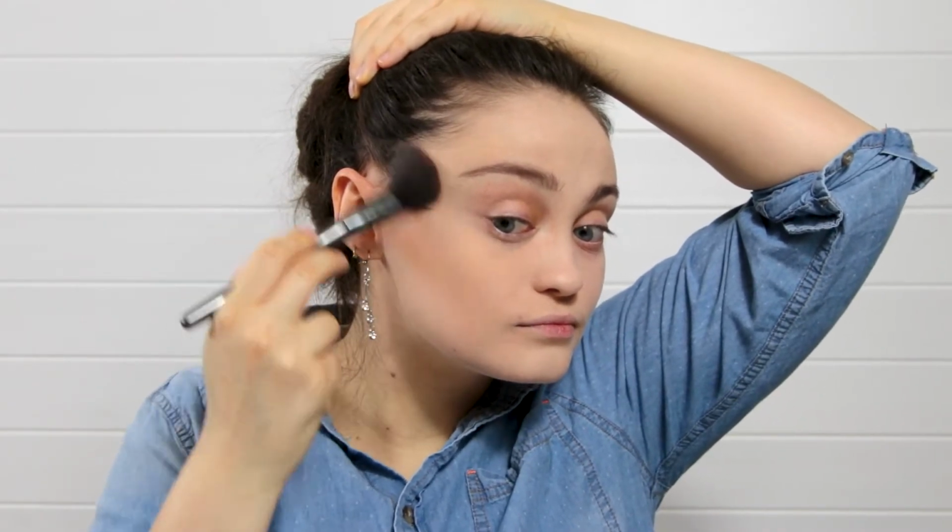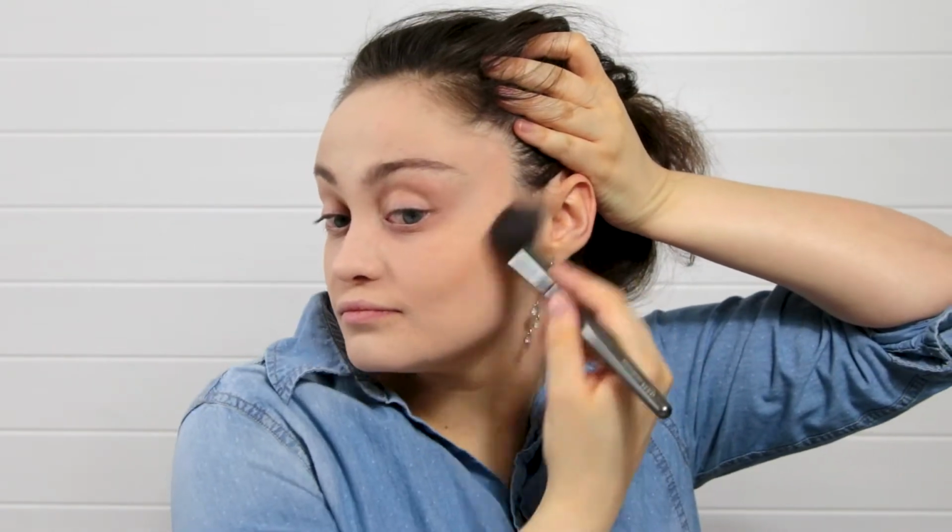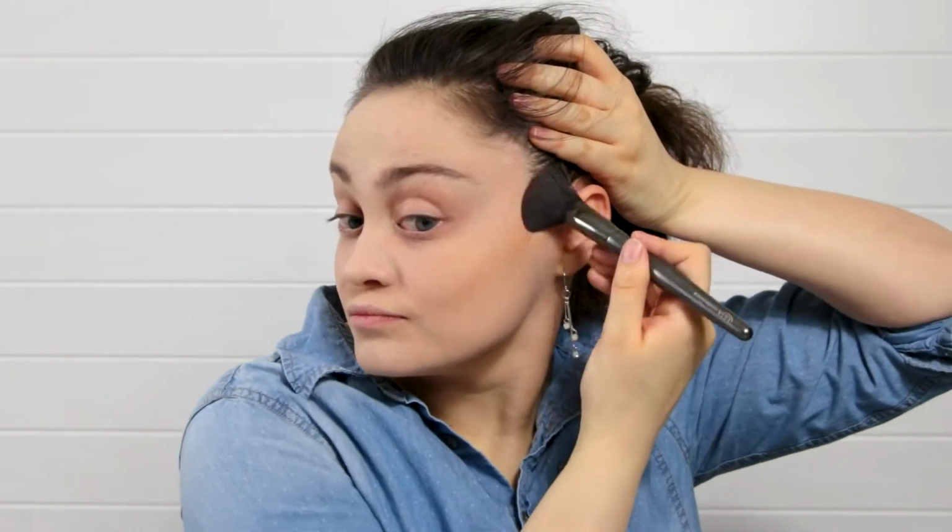So I like using the powders because I feel like they're a little easier to blend out than creams can be. So I'm also going underneath my neck, down into my neck, to warm it up and create more shadow and dimension. Now I'm going in with this bit lighter shade, and I'm going to be doing my